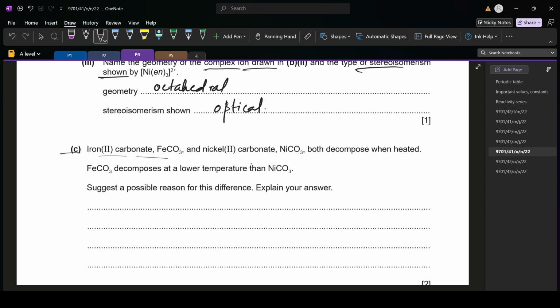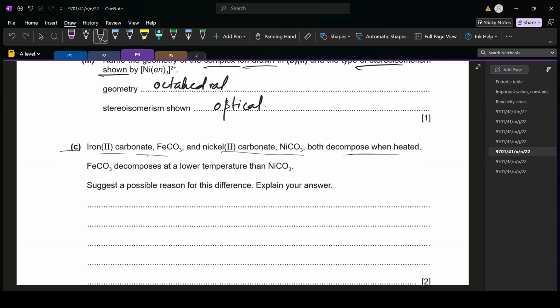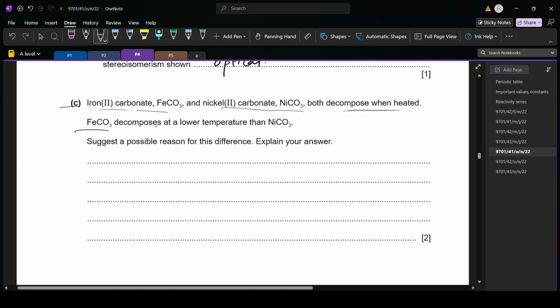Iron(II) carbonate and nickel(II) carbonate both decompose when heated. Iron(II) carbonate decomposes at a lower temperature than nickel carbonate. Suggest a possible reason for this difference. So it is possible that